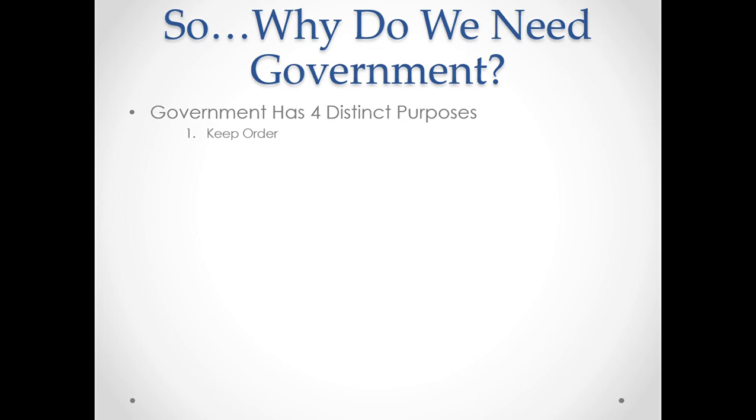Now, you and I as ordinary citizens, we don't go out policing the cities. We don't go out policing the streets. We go about our lives, and we kind of need to go about our lives. We need someone who is willing to choose to use their life in order to protect ours and to keep ours safe. And so government kind of fills that purpose. We pay taxes to the government. The government in return hires people to do that sort of job of keeping order, making sure things are peaceful at home.